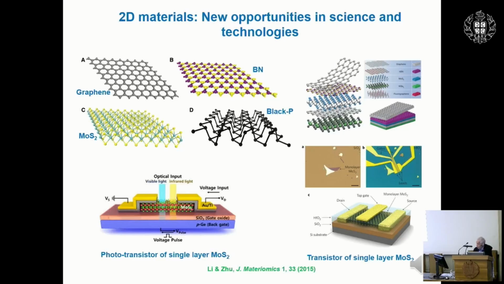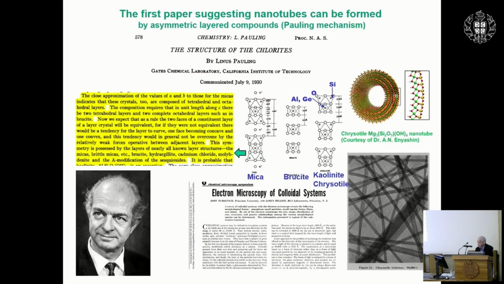Nowadays we are able to synthesize many of them, and we will hear some talks about synthesis of new materials in this class of materials. Layered materials or 2D materials are basically materials that are made like a deck of cards, card on a card, with very strong covalent bonds in the layer and very weak van der Waals interaction between the layers. There are many kinds of layered 2D materials, probably 10,000 if not more. And what I would like to draw your attention to is the work of Linus Pauling.